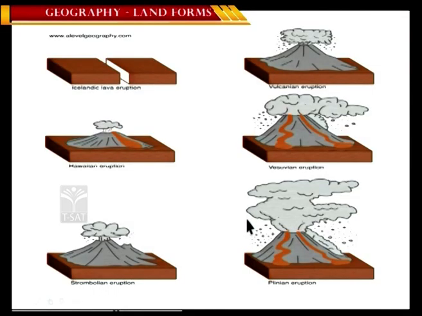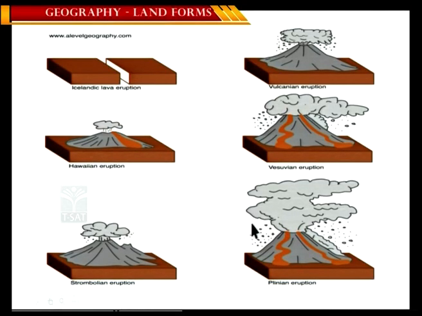So based upon the duration of dormancy, the longer it is, the more violently the explosion happens. If a volcano is continuously active, the explosion is not so violent because the lava continuously flows. The Hawaiian type and the Icelandic type are the classic variants where the explosion is minimal. Based upon this, volcanic mountains are classified into these different variant types.